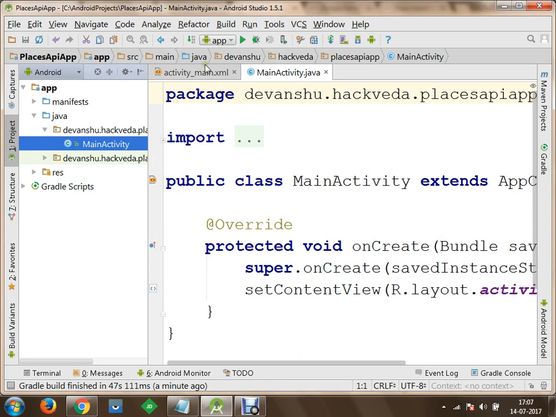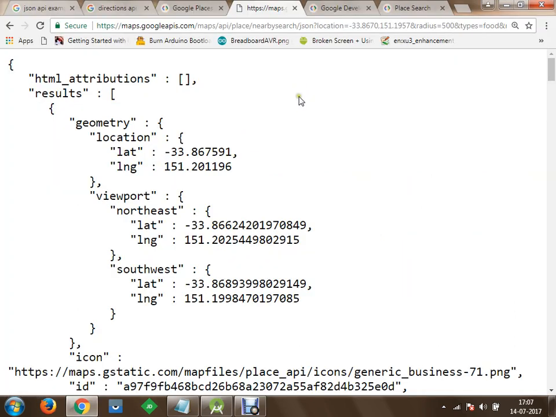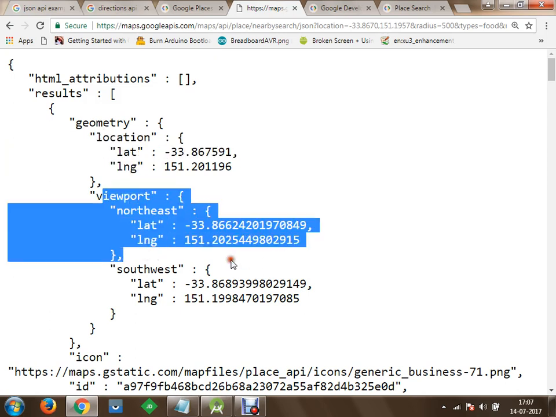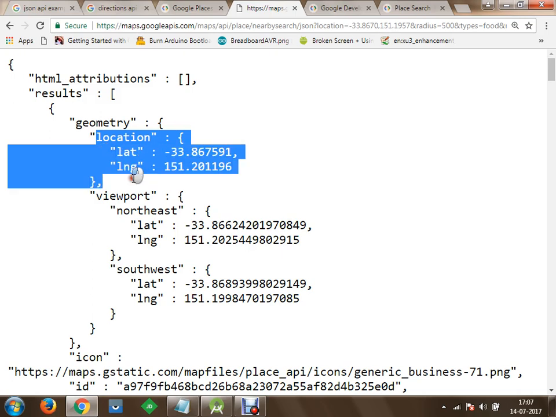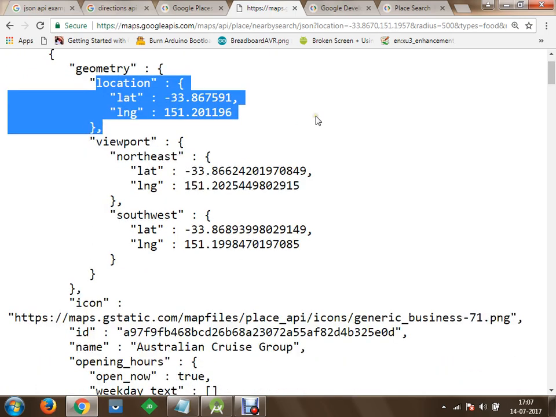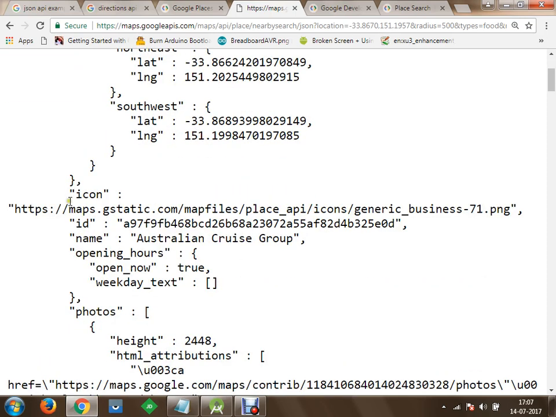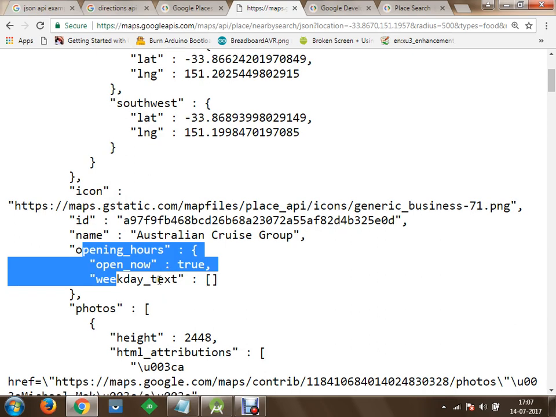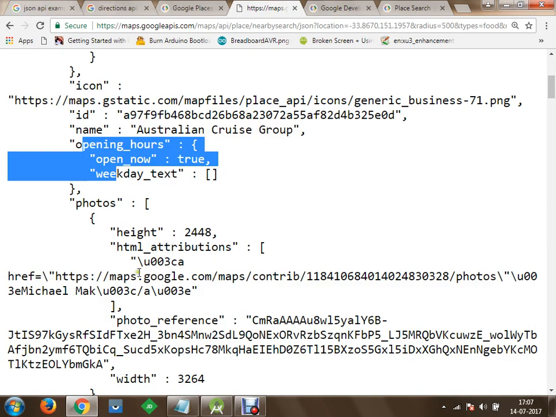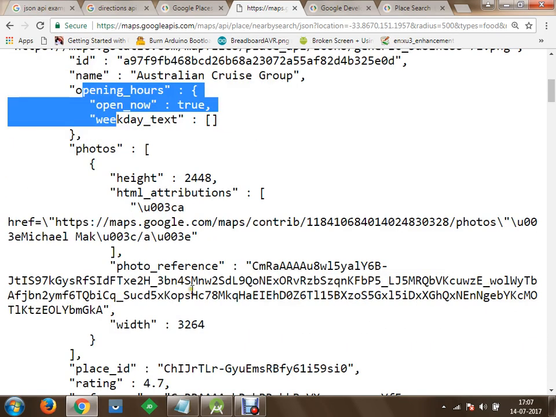As far as the Places response is concerned, you can see that you will get location information, you're going to get viewport. So the first thing I would like to get is the location. Second, I would like to get the icon information. Actually, I will send a request, and as soon as the request has been sent, I would like to read this image, the name, the opening hours, and in case there are other photos, I would like to read those photos as well.